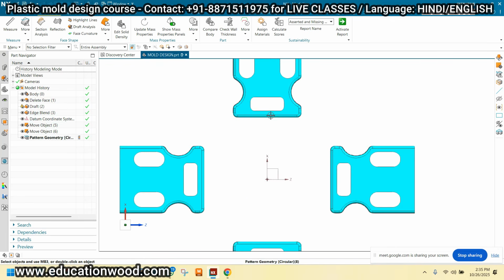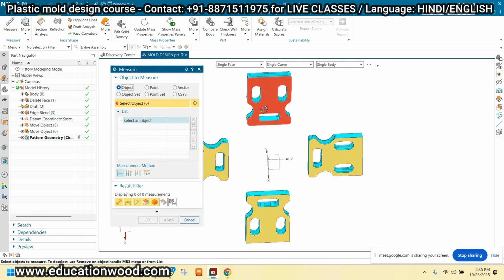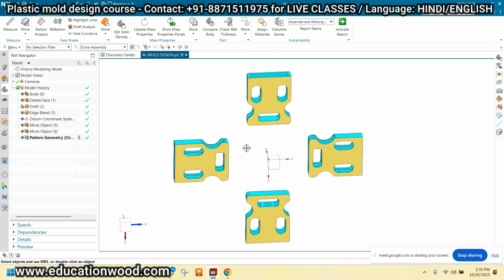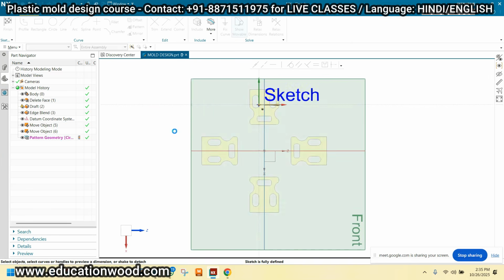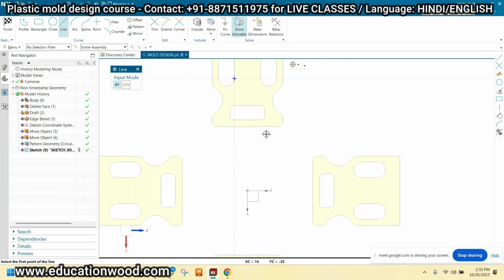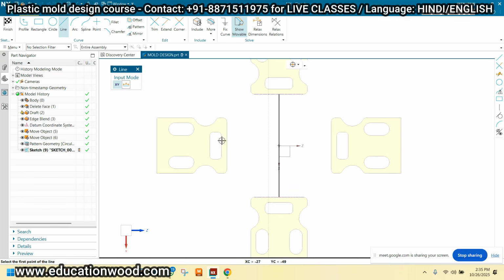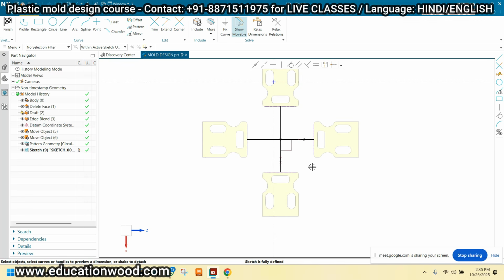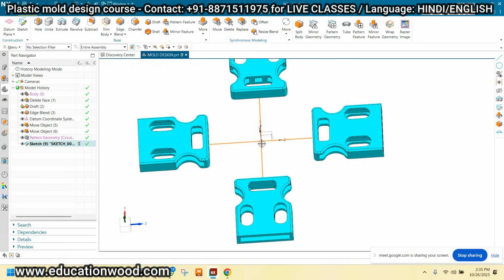Now again try to understand. This is the core face, so I'm taking the sketch on this face. Attach this. This is the sketch for the runner, right?